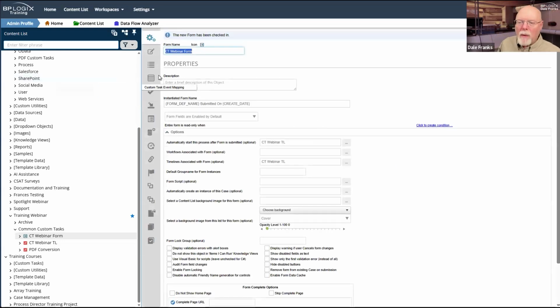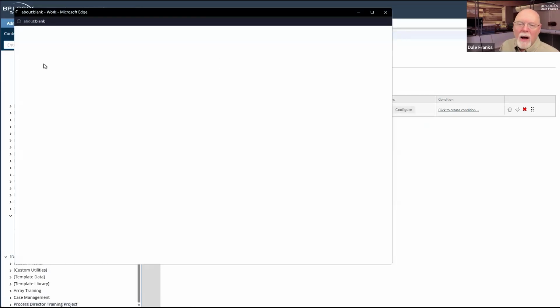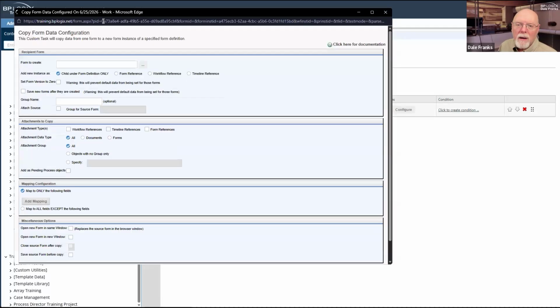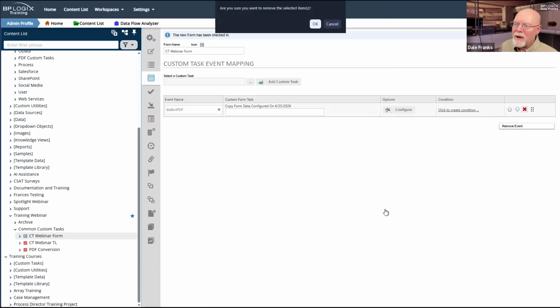Now on my form, I would do the same thing. I still need to convert this to PDF, but now I've got a process to do it. So on my button PDF, I am just going to call. Oh, I already have that in here. Sorry. I'm going to go ahead and get rid of, well, actually, I'm not going to get rid of it. Let me keep it.